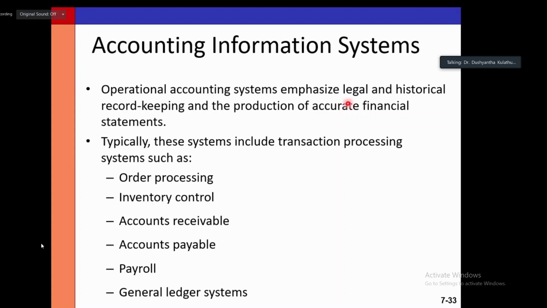It emphasizes some legal aspects, indicating that it fulfills some legal requirements, because legally the organization may be bound to track the particular transactions and keep the particular transactional data for a specified period of time. So that is done by these operational accounting systems. And also historical record keeping, indicating what happened in the past